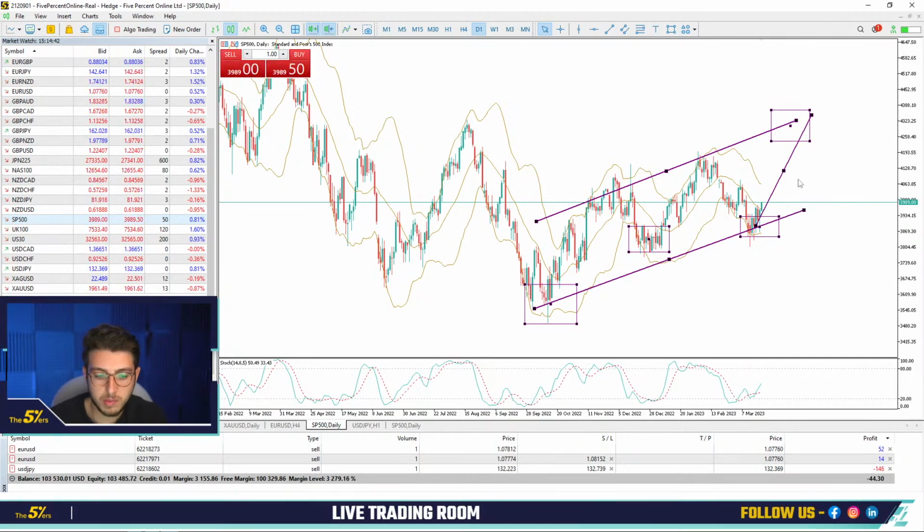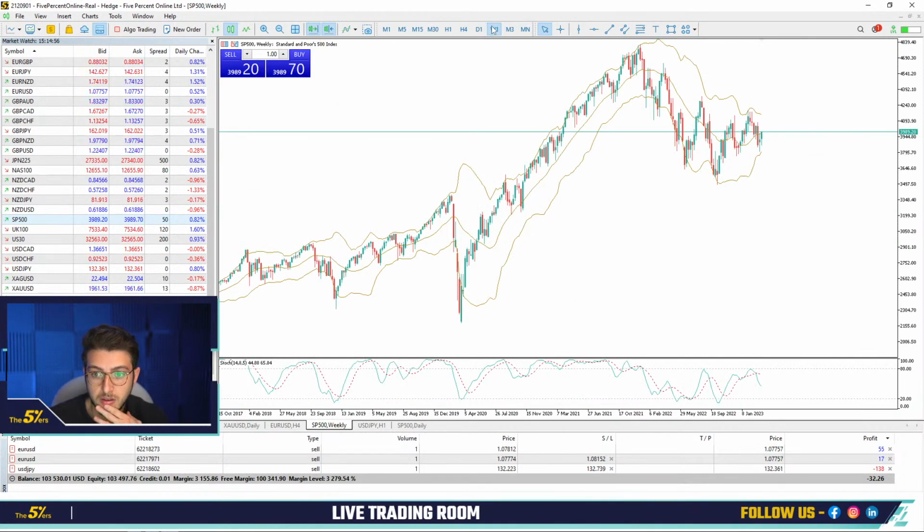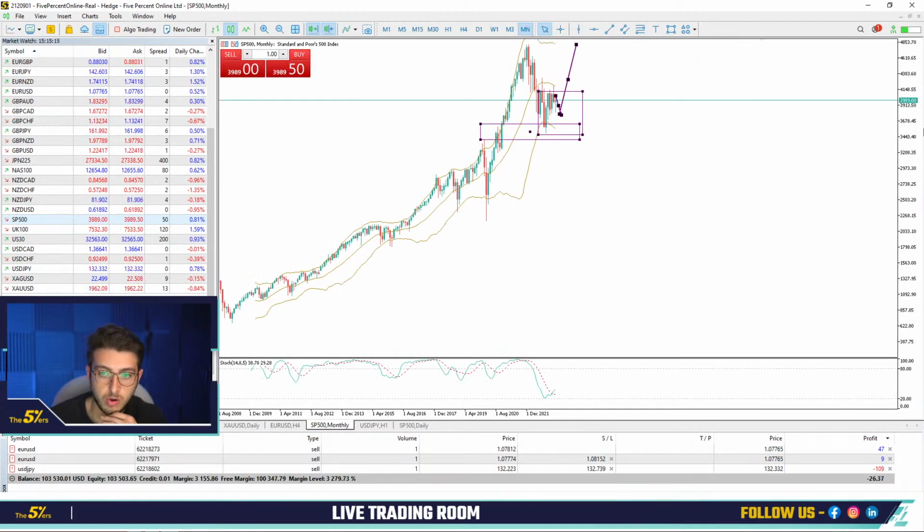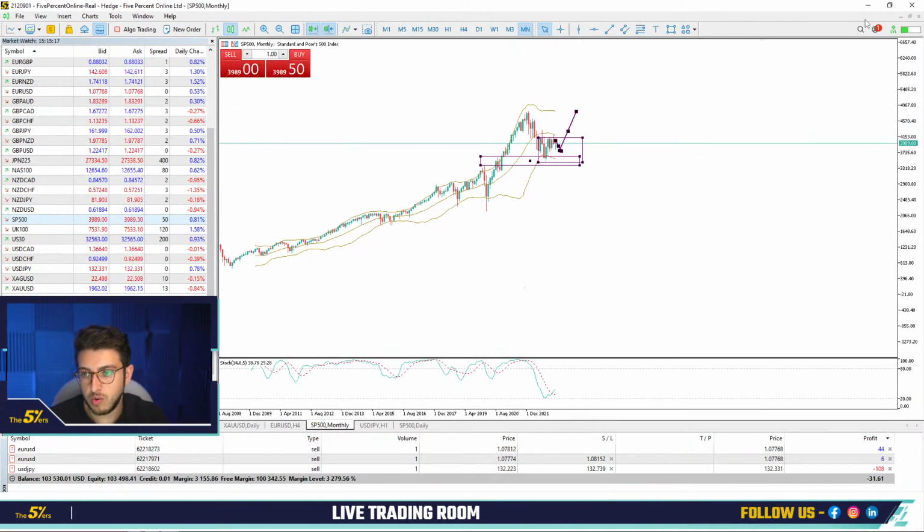I don't remember the details and I can't find it, but for me this makes sense. When a lot of people are talking about dramas and the big fear in the market, this is where people are making the big money, and I think this is the time for the indices to recover, and at least we won't make a new low. This is what I think. Maybe the market will move neutral for a period of days, but in the end we're going to make a new high. If we go to the monthly chart and look at the long term, in the next 2-3 years, you're going to see 5,000 in the S&P.